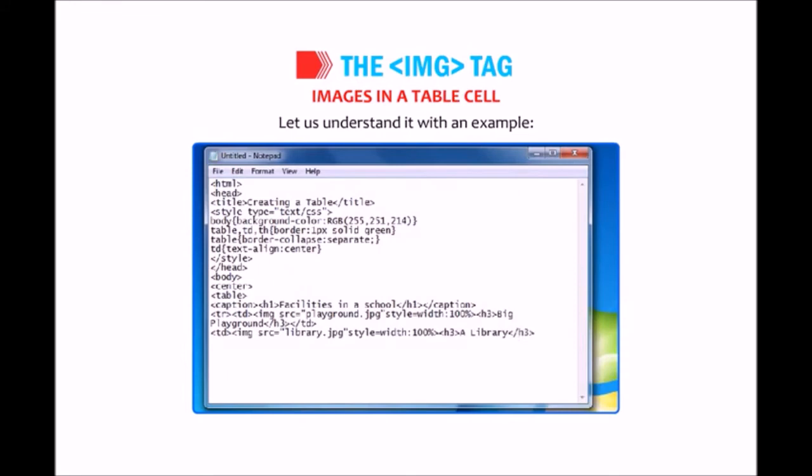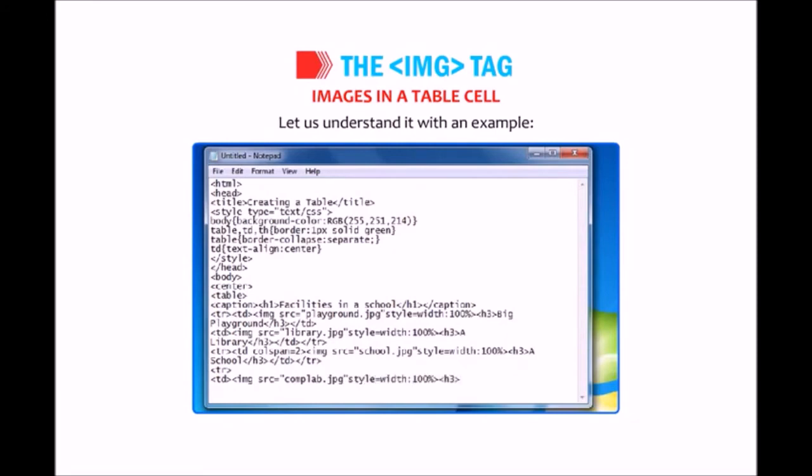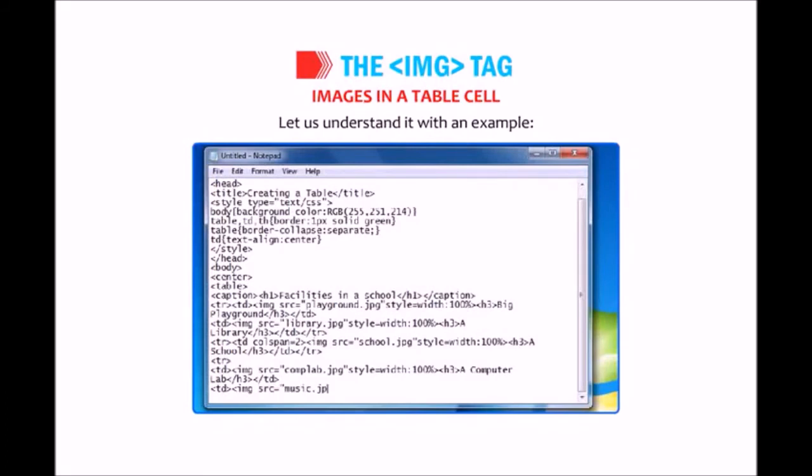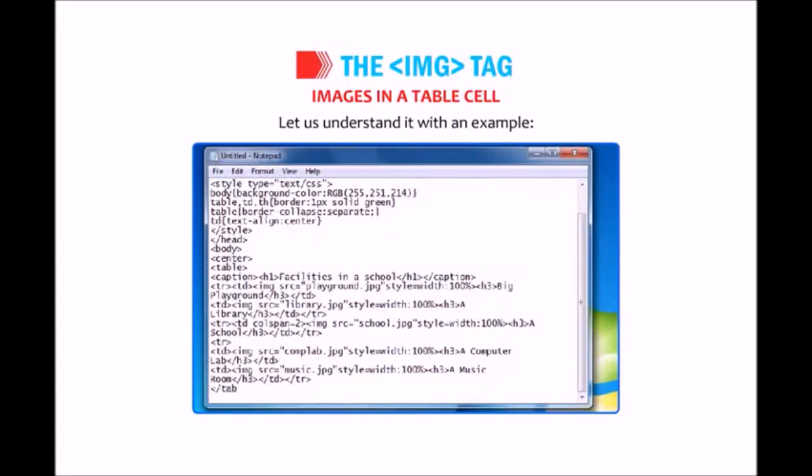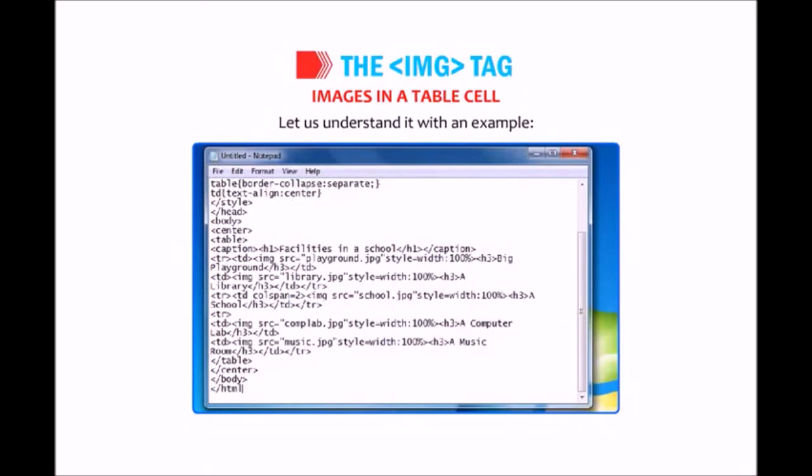<h3>A library</h3></td></tr><tr><td colspan="2"><img src="school.jpg" style="width:100%"><h3>A school</h3></td></tr><tr><td><img src="complab.jpg" style="width:100%"><h3>A computer lab</h3></td><td><img src="music.jpg" style="width:100%"><h3>A music room</h3></td></tr></table></center></body></html>